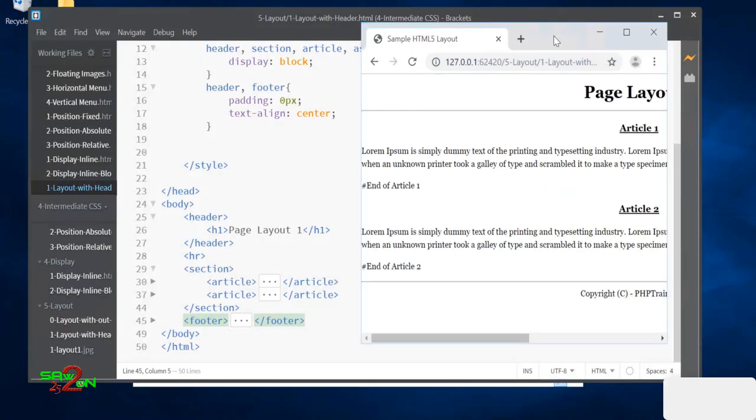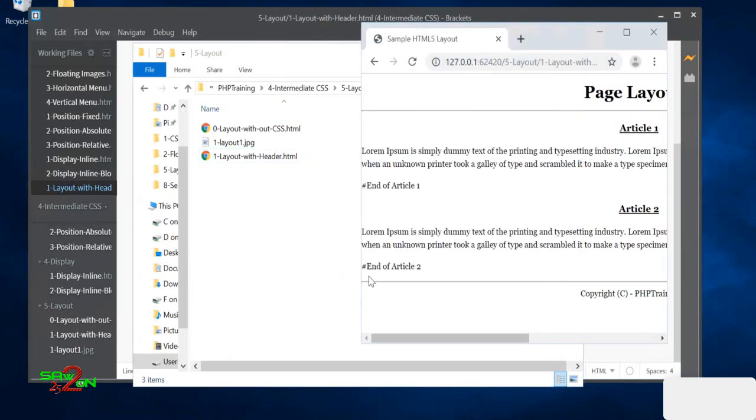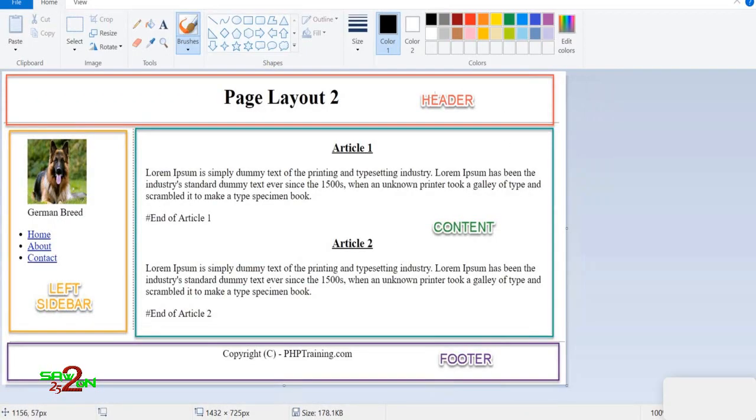Okay, let's enhance this by adding the sidebars. So what we want to achieve here is we're going to create one more layout. We have done with header, content, and footer. Let's add this left sidebar, and this left sidebar you will have an image and some caption to it. Then you have some links which is floated to the left, and then you have this dotted border. All right, so we'll add this left sidebar, and then we'll try to float them onto the left. Okay, and then the content to the right.